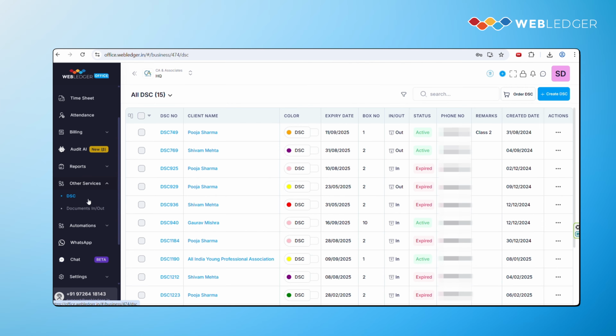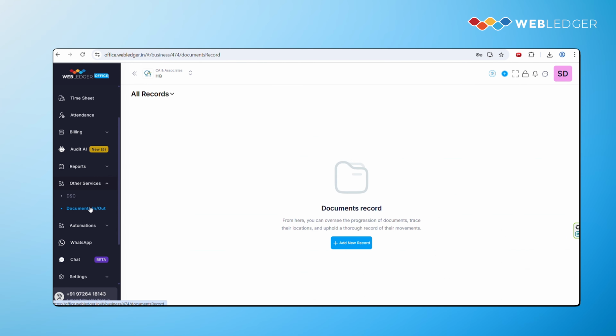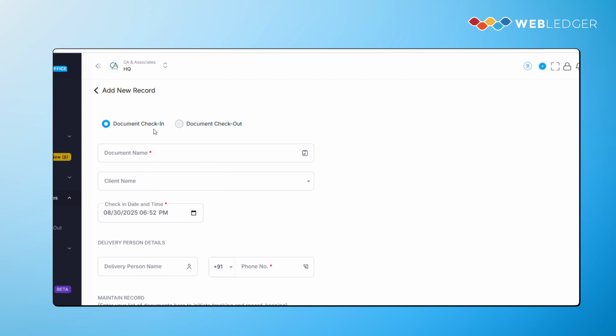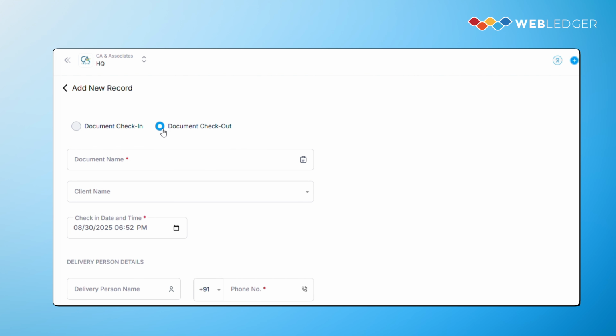Moving on to the other services that we offer, documents in and out. Here, you can maintain a record for all the documents that come in and that go out of your firm. Add a new record, select if it is a check-in or a checkout task,